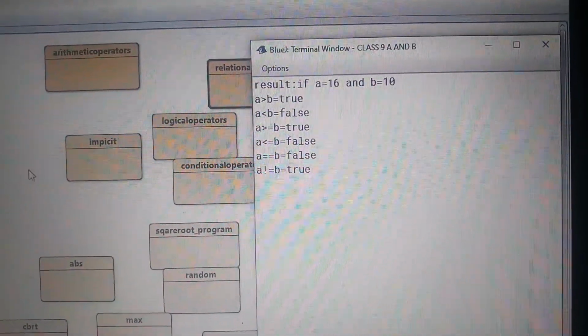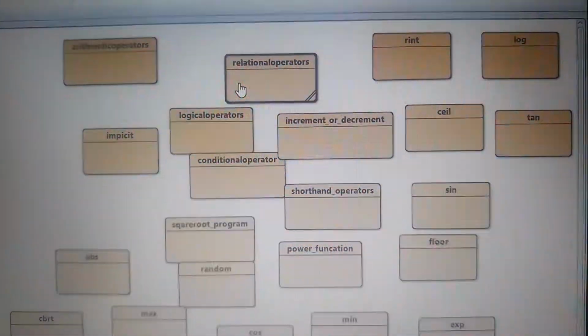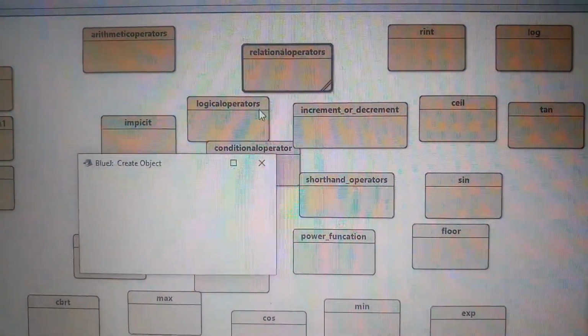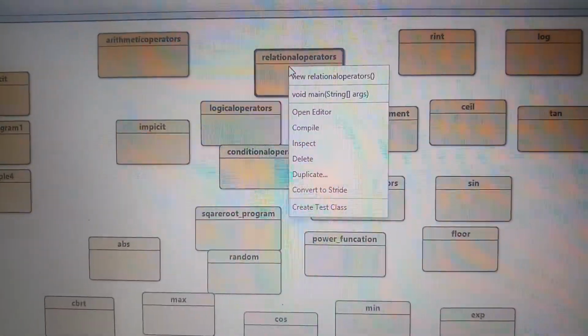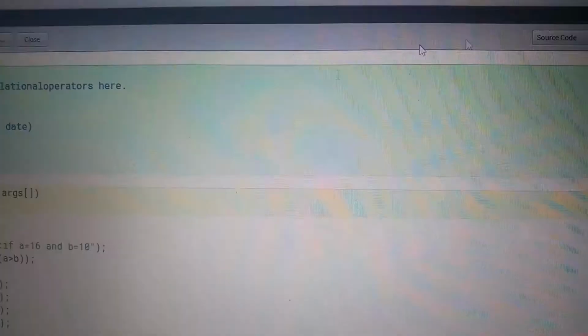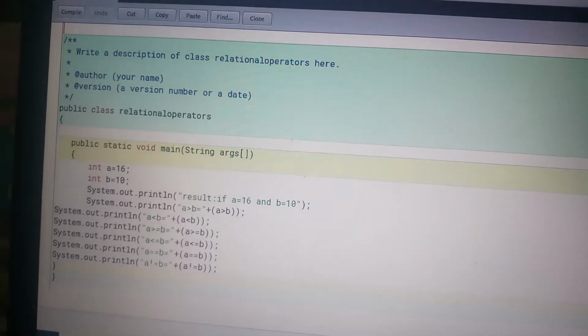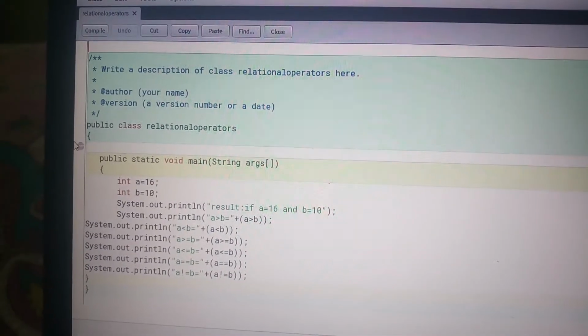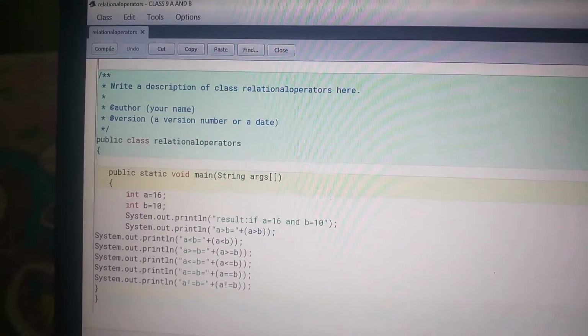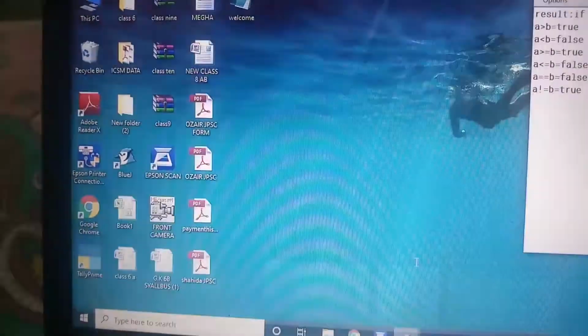Means what was the value? Once I open that editor, close this, just minimize it. And where is the output? I'll take out the output also.